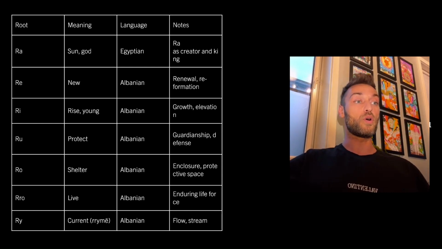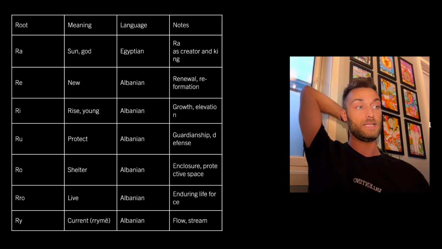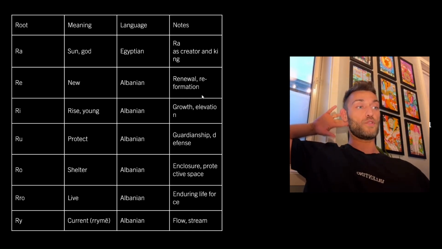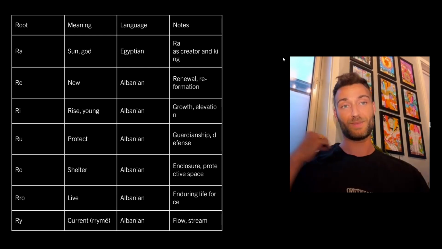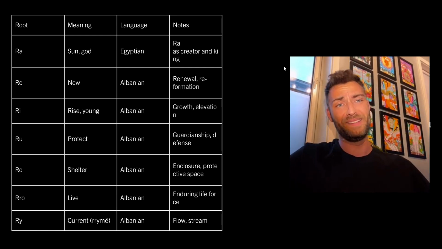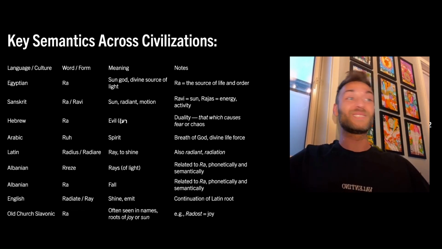And this is a bit more, just to give you some more semantics here, if you have not seen this. I had to unfortunately make this table as small as possible because, well, to make this video somehow appealing. Okay, so that's it. And then key semantics across civilization. And now we're going to go into what has happened